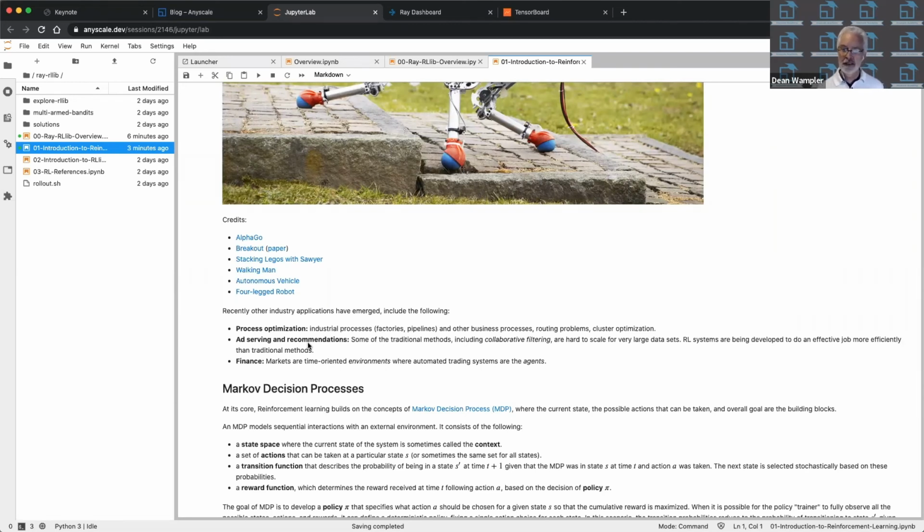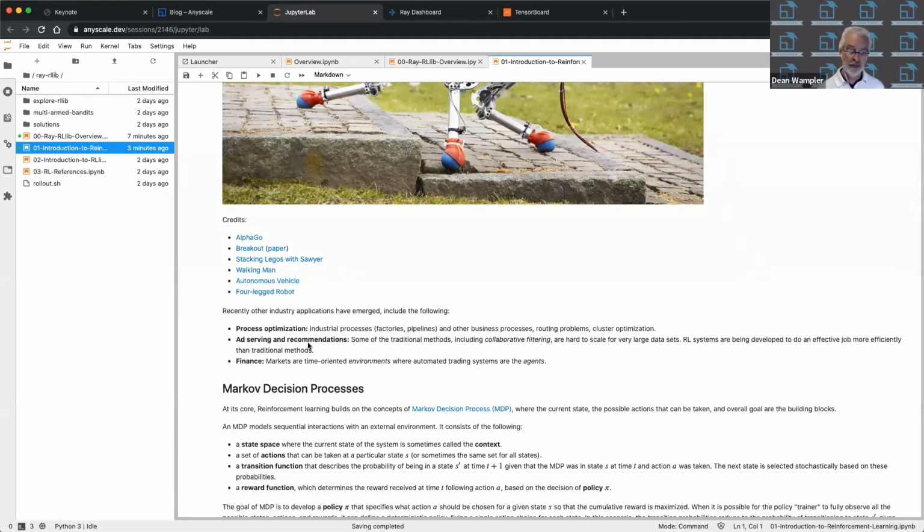Process automation and control is actually very closely related to this problem. In fact, when we get into multi-armed bandits in a minute, we'll see that connection even tighter. There are some very good papers published, and they're in the reference lesson notebook, on optimizing ad serving and recommendations using reinforcement learning, to work around some of the limitations at scale for massive organizations, like if you're Netflix and YouTube, for example,